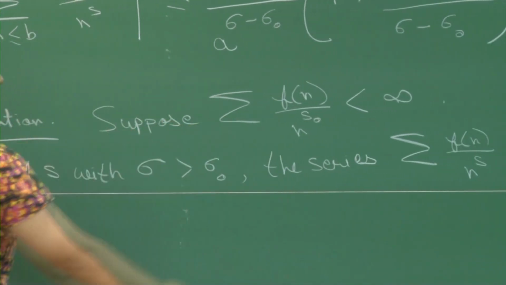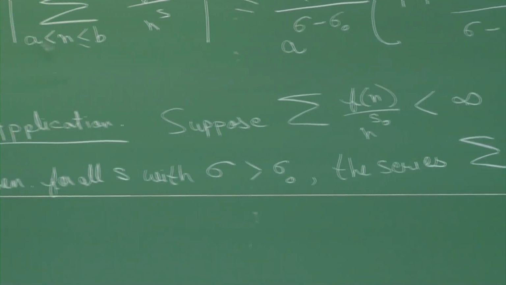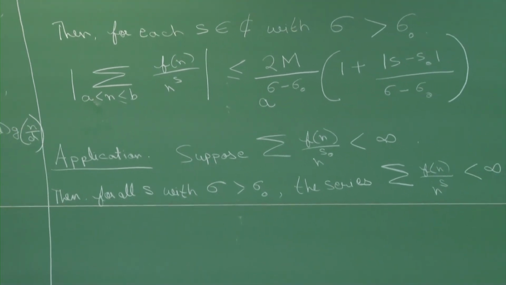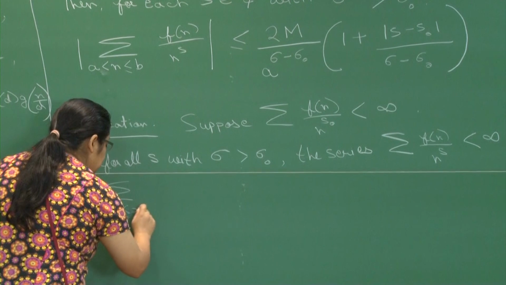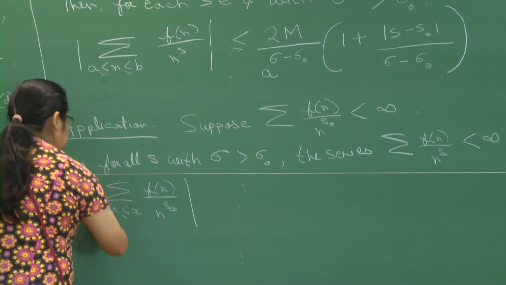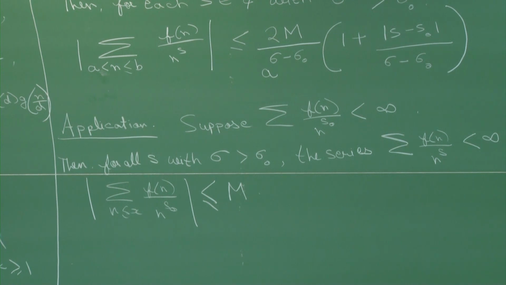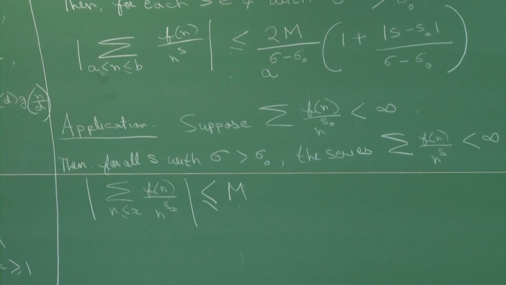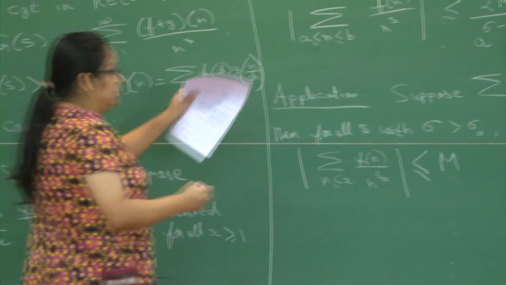If you have that this series is converging, then all the partial sums, so what is the limit of a series? It's just a sequence of its partial sums which is converging to something finite, and therefore that tells you that the sum f of n over n to the s0 is absolutely bounded by some absolute and positive constant, right? So this convergence implies that all the partial sums are absolutely bounded above. That happens, you can apply the previous lemma, and that tells you that